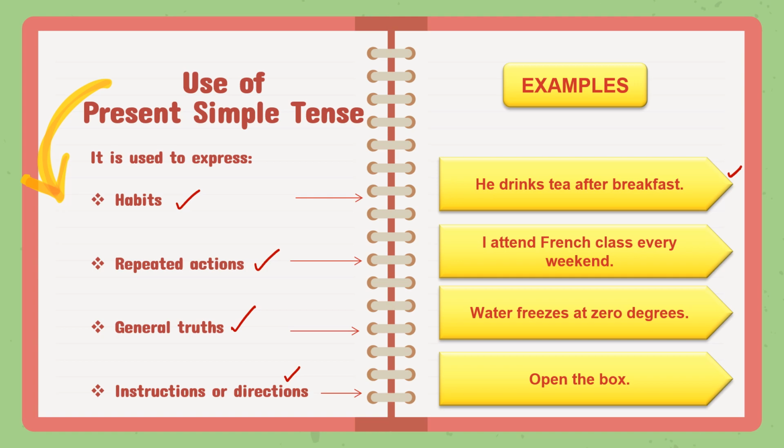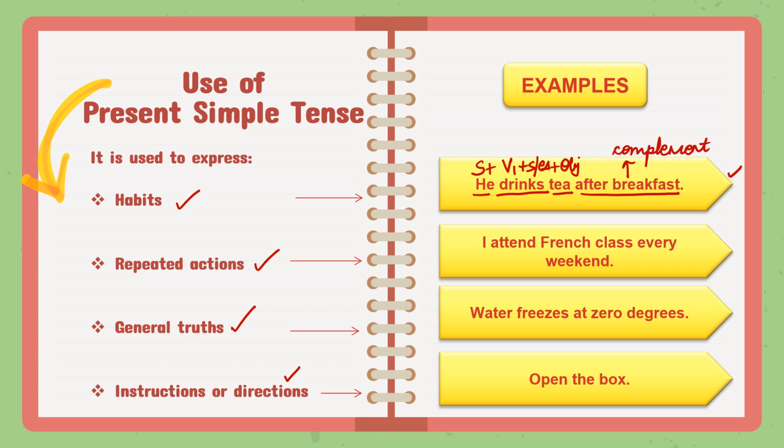Let's look at the structure which is used over here. Drinks is our verb, which is V1 plus S or ES form. Who is drinking? He. This is a subject. He drinks what? He drinks tea. Our answer of what is tea. So this is our object. Now what is this rest of the sentence? These two words after breakfast, this is complement. Complement is a word or a group of words which is added just to complete the meaning of a sentence. So after breakfast over here is complement.